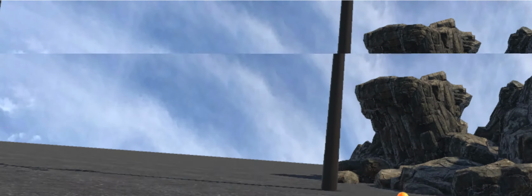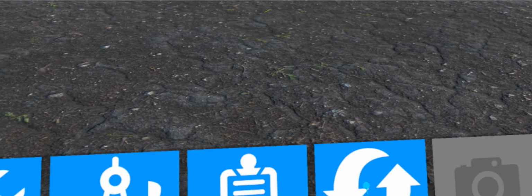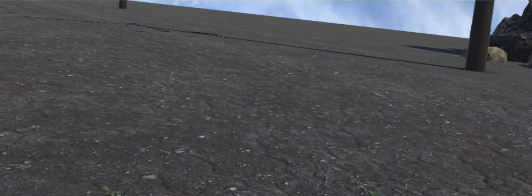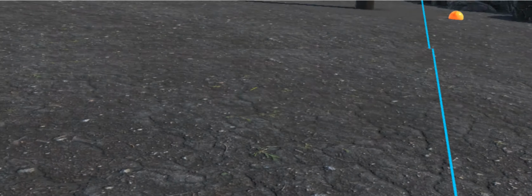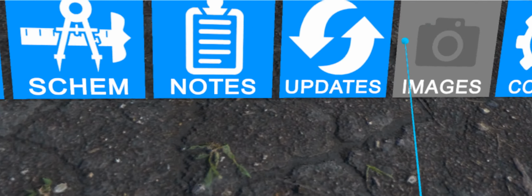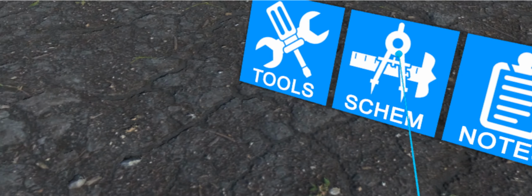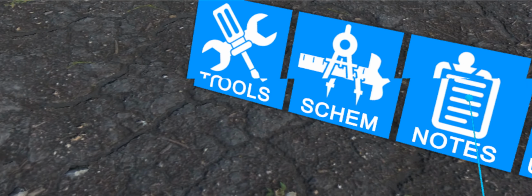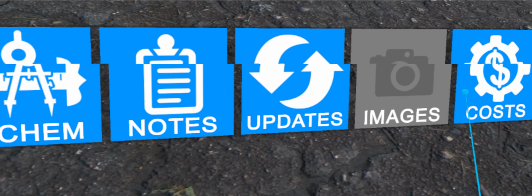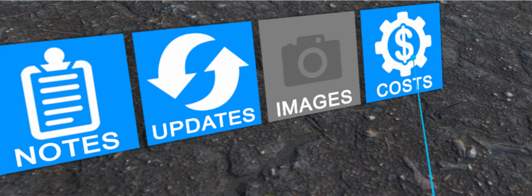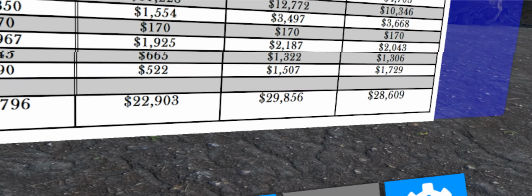All right, let's go to this location here and see what we got. Fantastic. So what we have is, we're looking at this pole here. And down here, we've got a bunch of information and icons on what we can look at for this pole. It really is unlimited. But if we go to the costs, what we can do is,